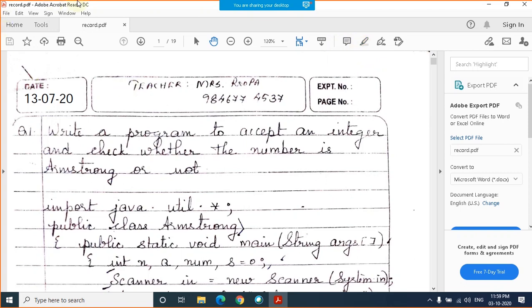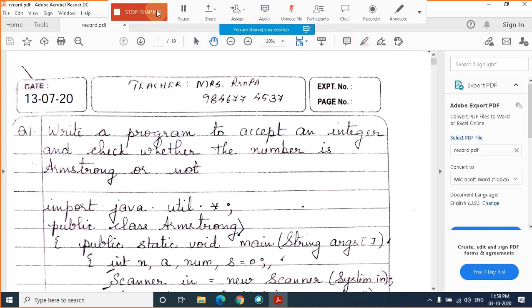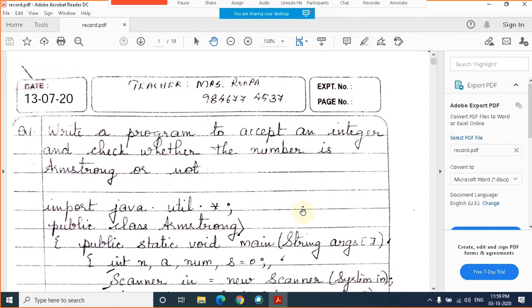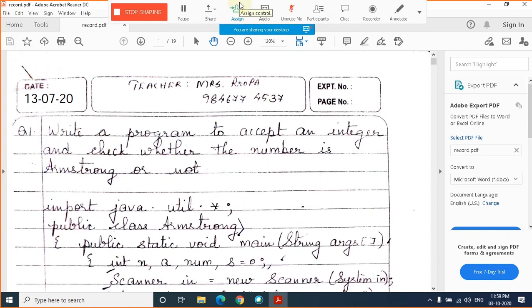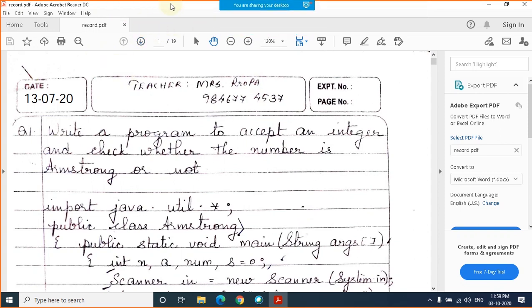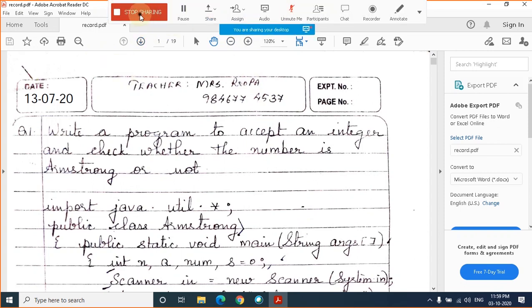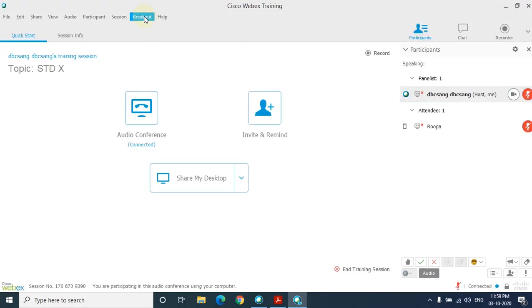Okay, now when I am sharing something, whether it be a video or any particular file, this particular bar is hiding, it is auto hide. Okay, if I want, it will come down. Now suppose I am showing something, for example a video. Let me show with a video. Let me stop sharing this and let me show you one video.